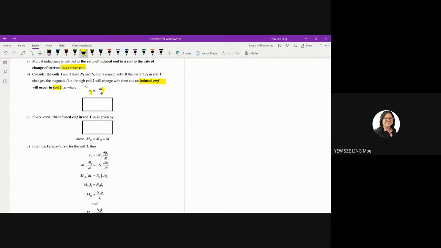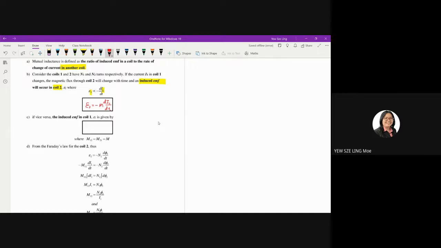Okay, so you use EMF 2 and I1. So EMF 2 is equal to negative M dI1 over dt. And M is a constant value, provided you are keeping the same coil, the same solenoid in your question. Okay, so you can change the power supply, you can change any other things, but as long as